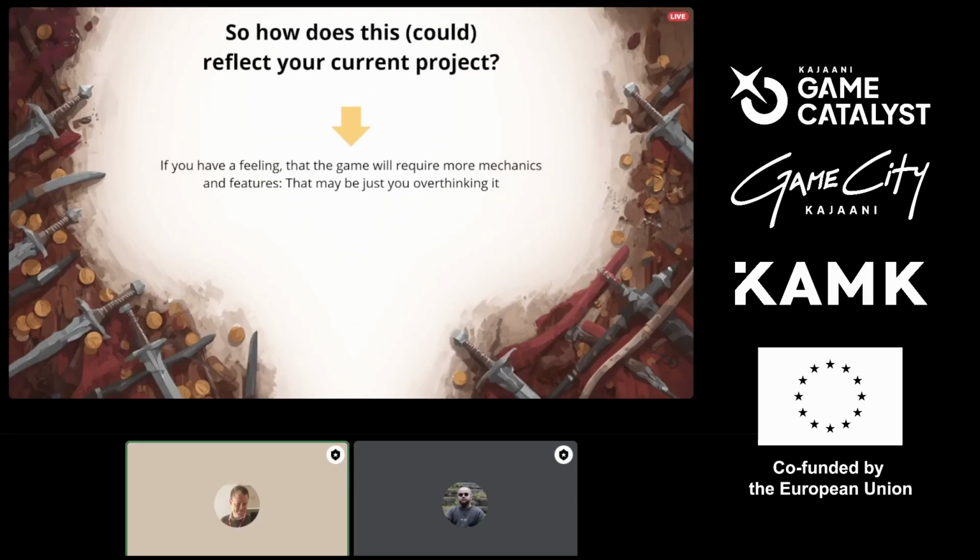And if you have a feeling that the game will require more mechanics and features, most likely you are overthinking it. Because in the end, if you take a look at the games that are on Steam, obviously there are some that don't follow this rule set, but most of the games are very, very simple.